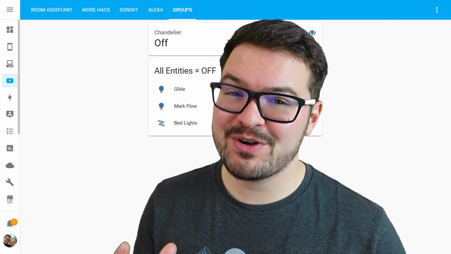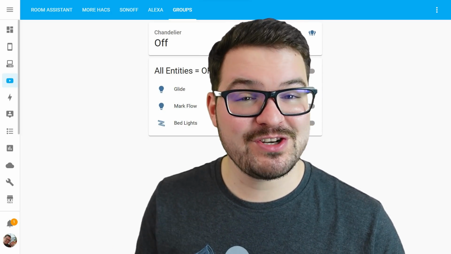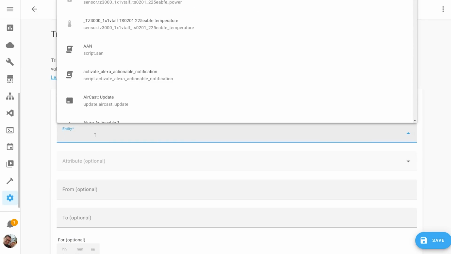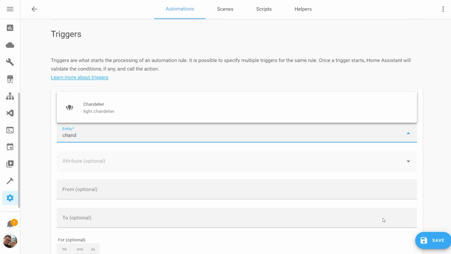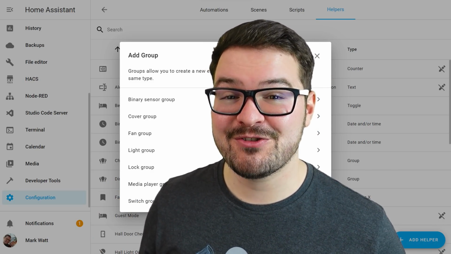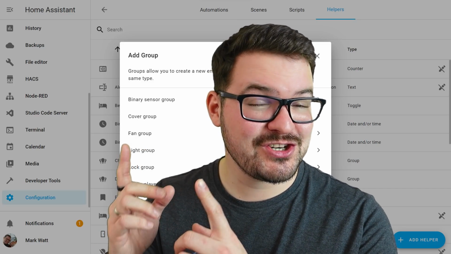So we've now got this super convenient way of creating a brand new entity that represents and controls a bunch of entities of the same type, and as it is an entity, you can make use of it as you normally would in your scenes, scripts and automations. And there we go guys, that's been a quick look at the new method for setting up and creating groups using the user interface. I personally would have liked it if groups had its own section next to helpers up